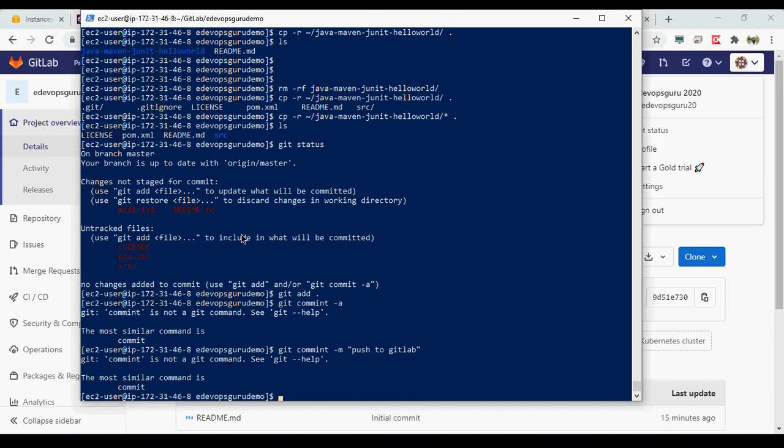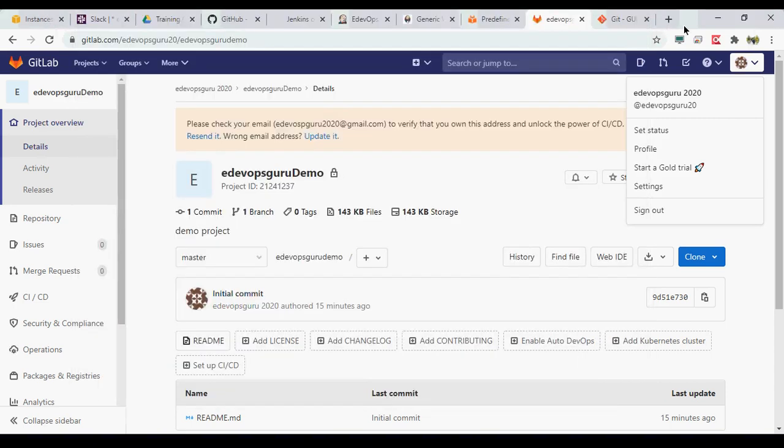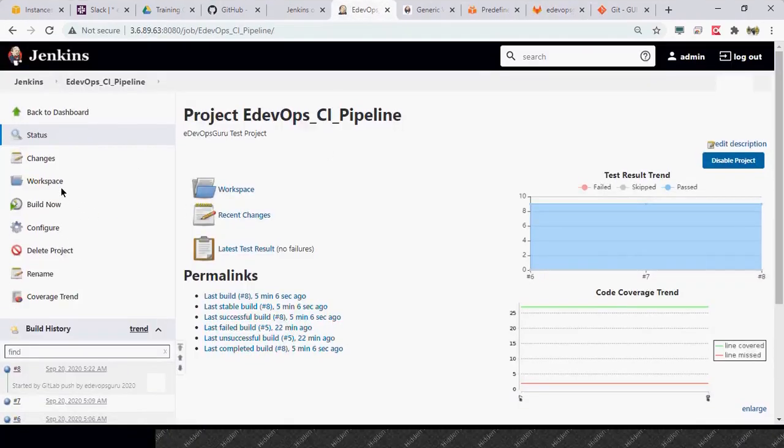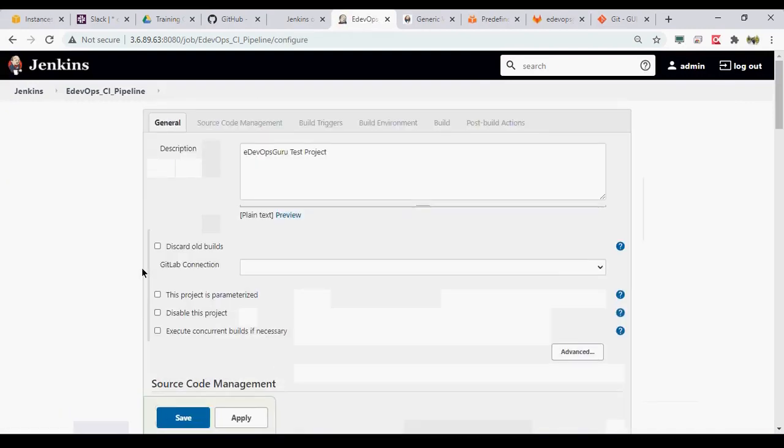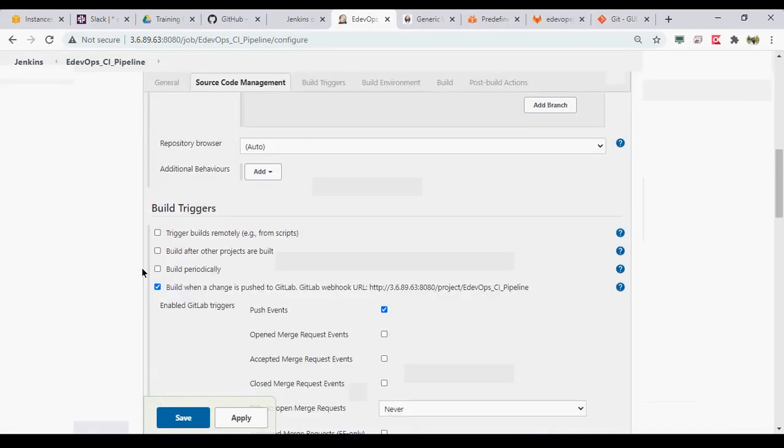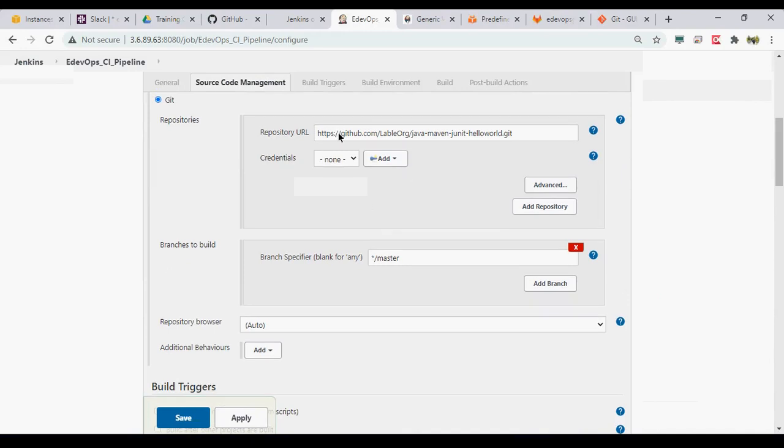Then basically your code would be pushed to this particular repository. Then you can fine tune this pipeline so that your job picks the code from GitLab instead of GitHub. You configure your credentials here, and then this pipeline pulls the code from your GitLab.